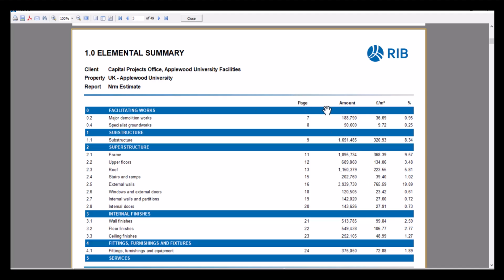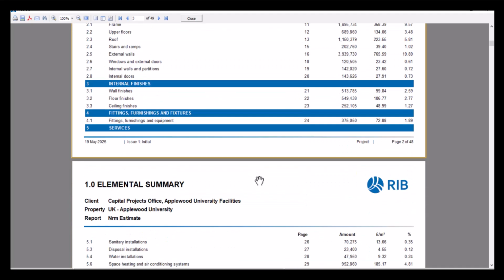So like I said, this page column is automatically being generated. So the report has actually worked out on which page this item is going to be. Obviously, if you enter in more information and data gets pushed down, then these numbers will sort themselves out. We've then got the information from the amount column. We've got it working out the cost per square metre and the percentage as well. If I scroll down a bit more,